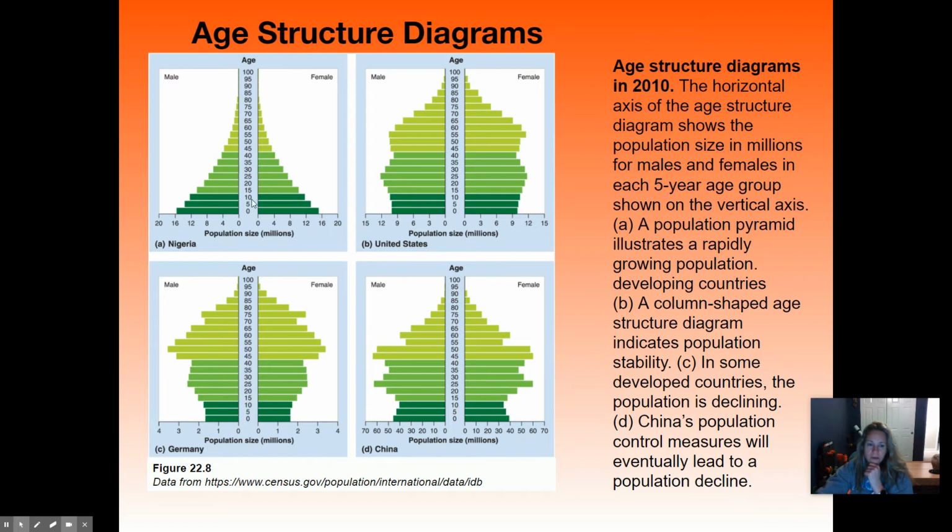So this could shift if they have better healthcare. But right now, this is indicating that there's probably something going on. They're not living as long as the average person in the world. So if we look at the U.S., there's a large portion of the population that is